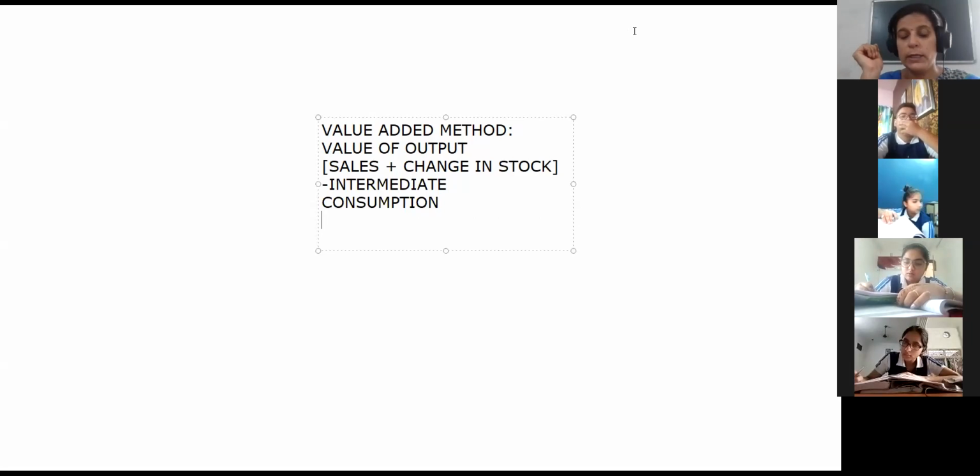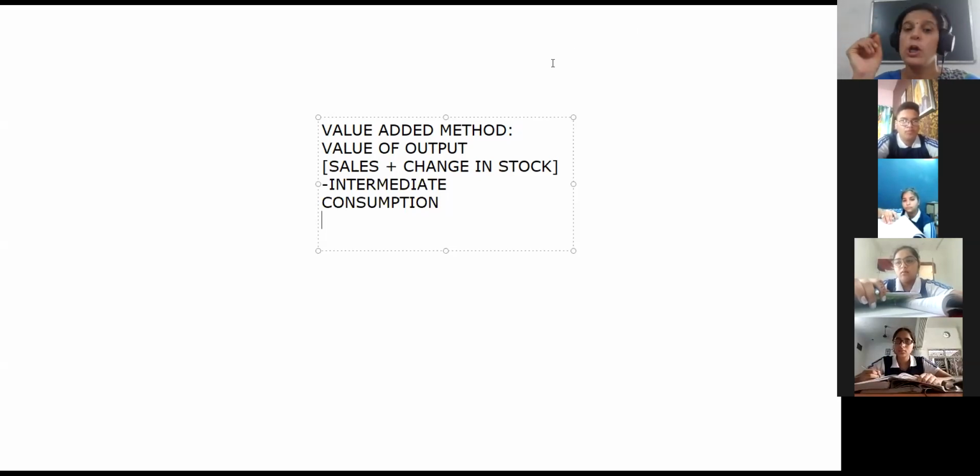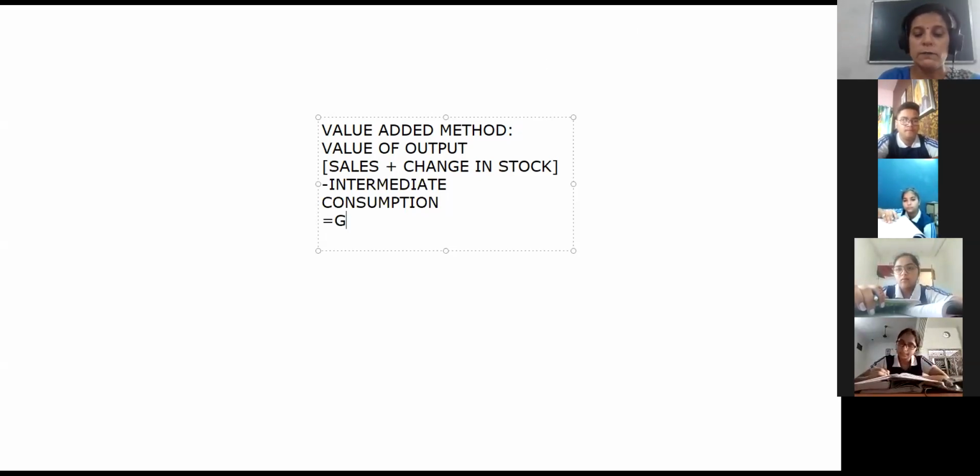Suppose it is a restaurant holder and he is selling samosas and pakoras or whatever sweets he is selling. Whatever the milk, the oil, the sugar or onion, and services also, whatever the expenditure is done by the restaurant holder for producing those sweets or pakoras is known as the intermediate consumption, and whatever amount he is going to sell, that is known as the value of output. So value of output minus intermediate consumption is the main component, and after this we get gross value added